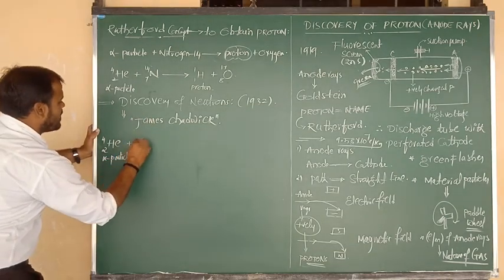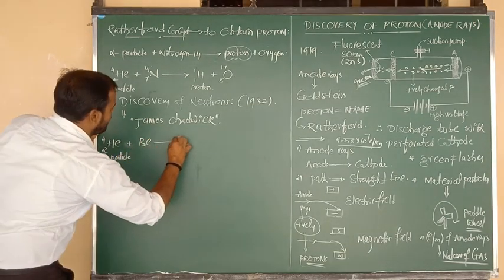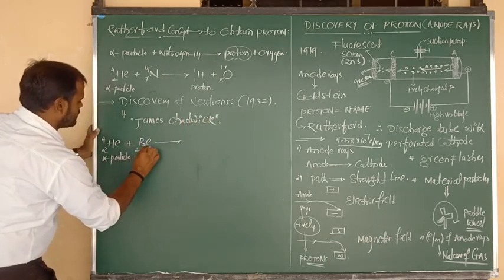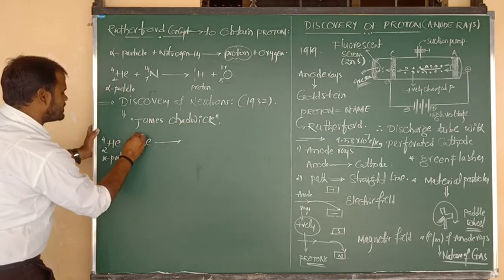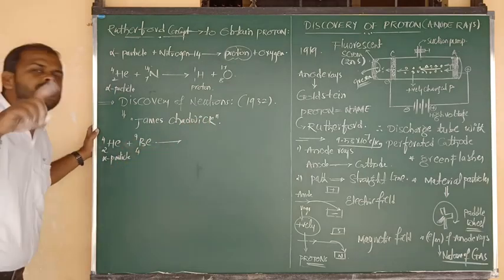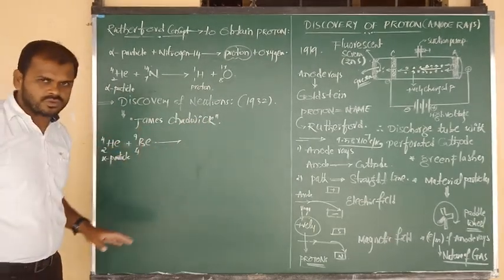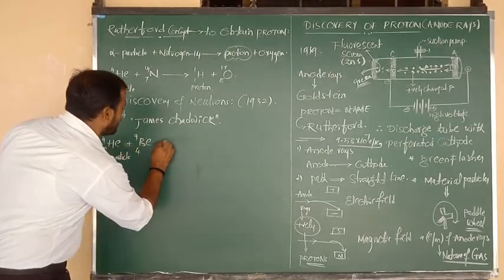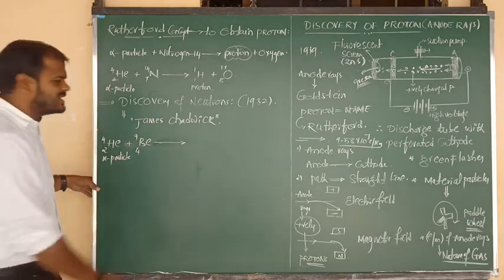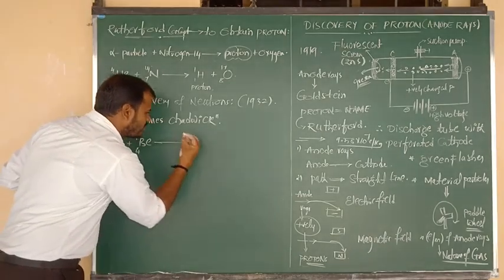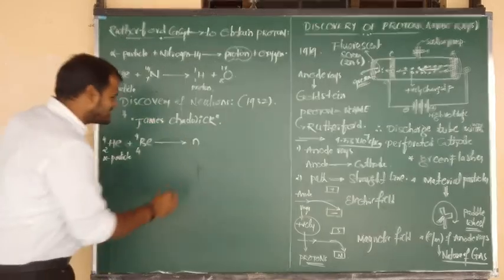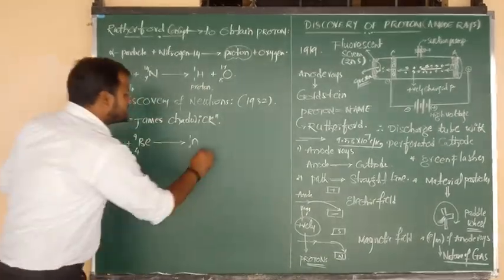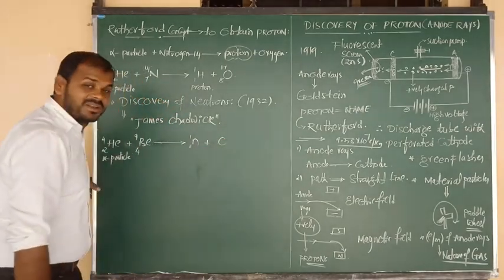What is the formula of beryllium? Symbol is Be. Its atomic number is 4. And its mass number is 9. Double plus 1 unit extra. Total 9 positive, 9 unit mass. So when an alpha particle makes bombardment upon beryllium, the product is neutron. What is the symbol of neutron? N. Atomic number is 0. What is the mass value? 1. Next, here we are going to get the byproduct, carbon.